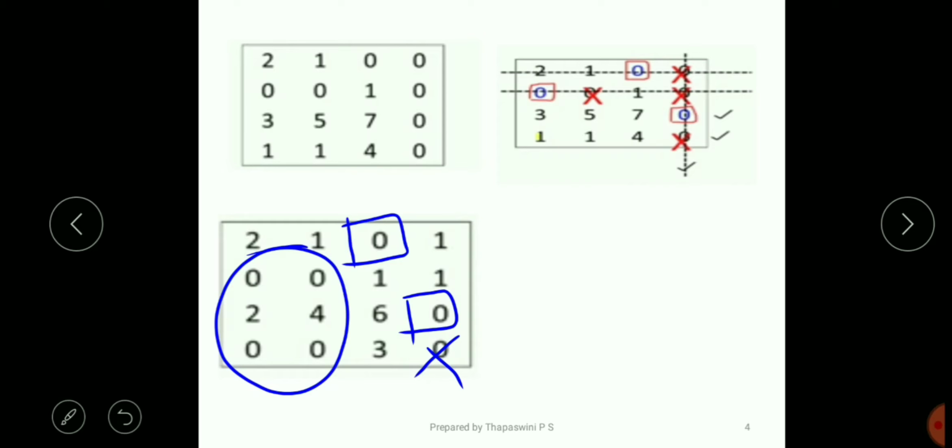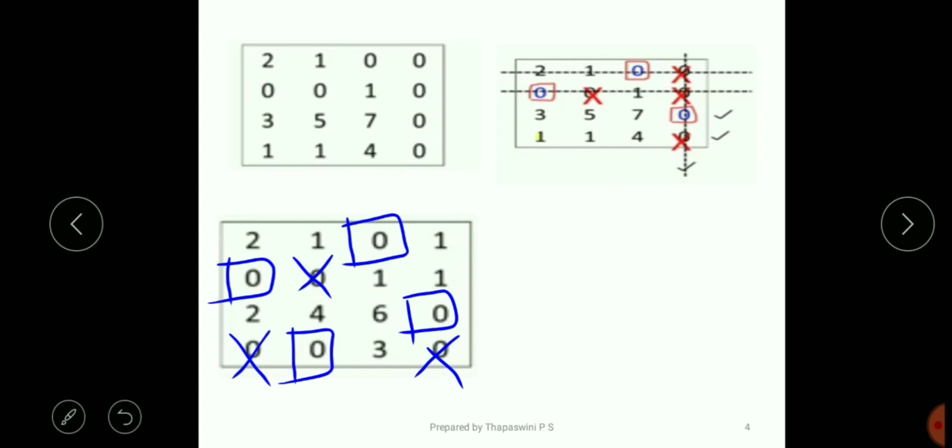which are neither boxed nor crossed over. If you remember the previous problem that we solved, if this case arises, that is, if some of the zeros are hanging which are neither boxed nor crossed over, then we go for an arbitrary assignment. Now what you can do is arbitrarily make an assignment to this 0, and this also will be crossed over. Now consider the second column, it has a single 0, so you can make an assignment. So this is one solution.